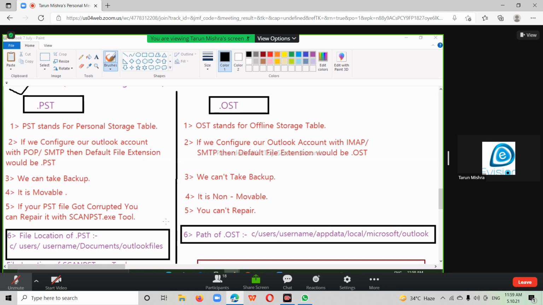I hope you remember that while configuring the mail, we get an option called account type. Right or wrong? Do you remember or not? While configuring the mail manually in local Outlook, as you have done, you get two options for account type: choose POP3 or choose IMAP. So if you choose POP3 and your account is successfully created,